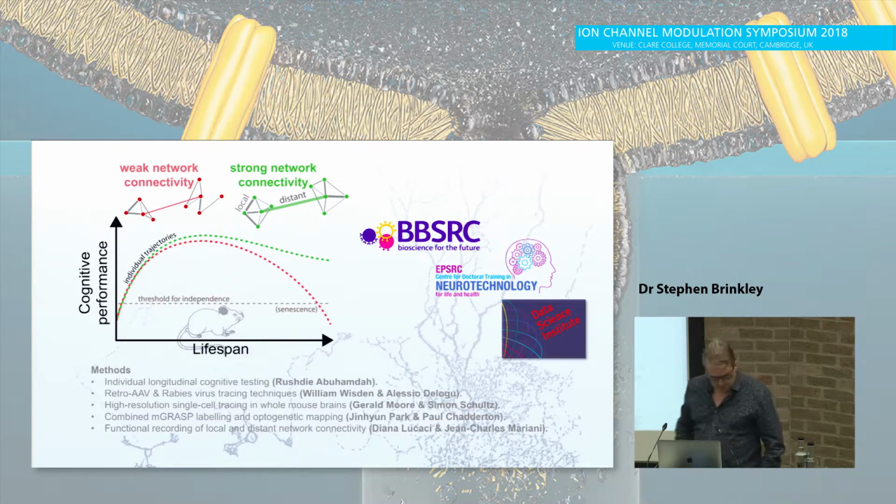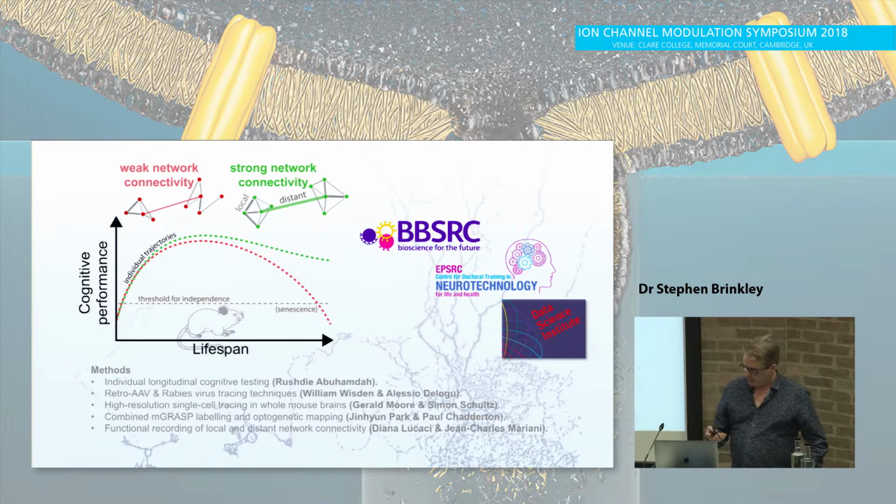Our general hypothesis is that something's changing in connectivity, strengthening or weakening of neuronal networks, either locally within the nucleus or between brain regions as we age. It's a dogma. We think it is, but we really haven't got much evidence to prove that that is actually what is going on during aging.